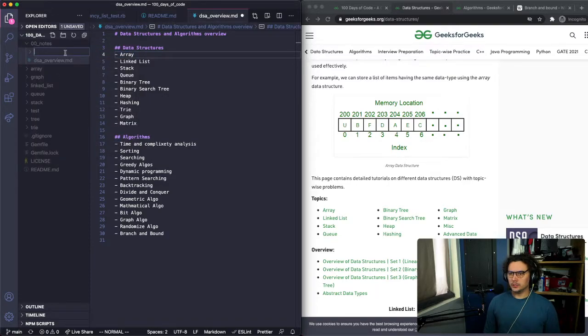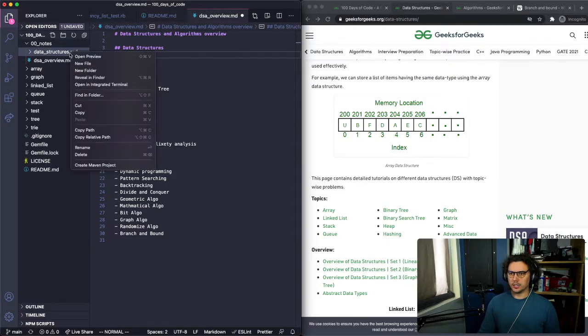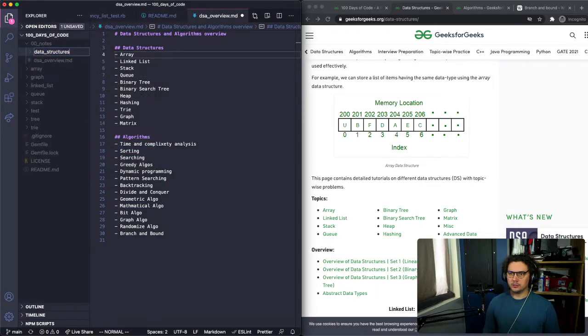New folder will be data. Oop, it doesn't actually have to be MD.